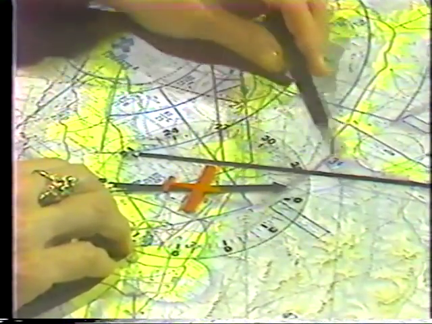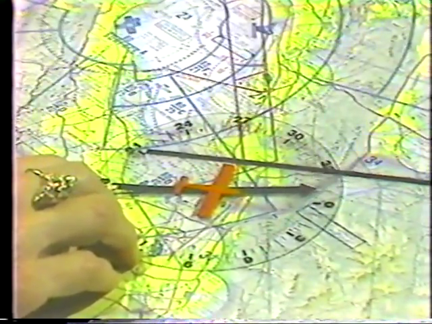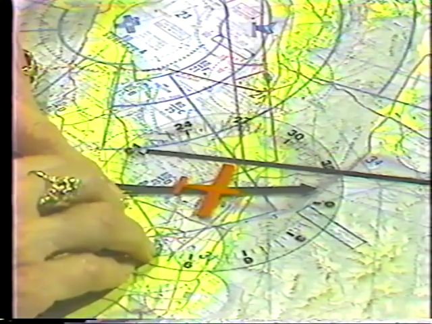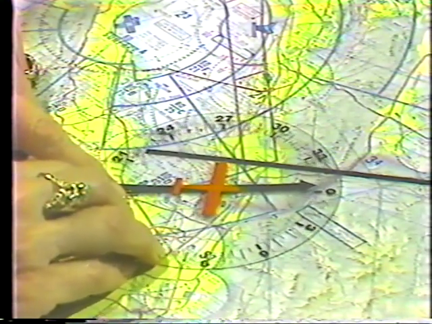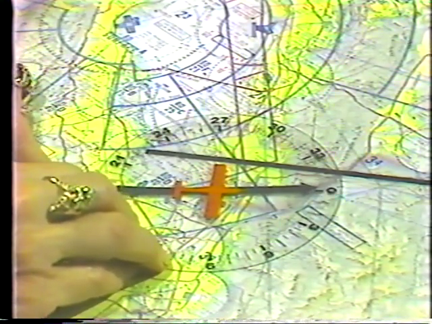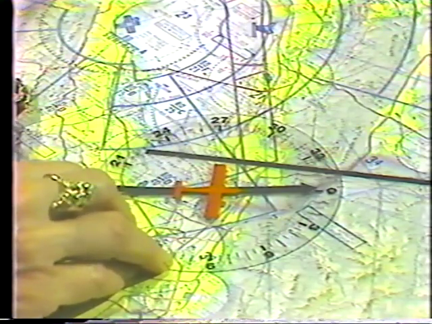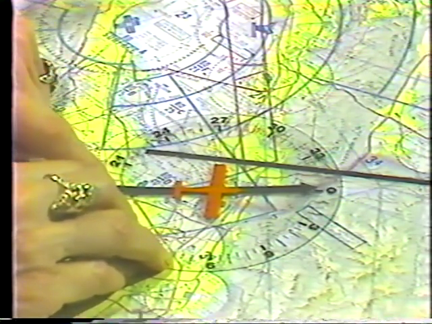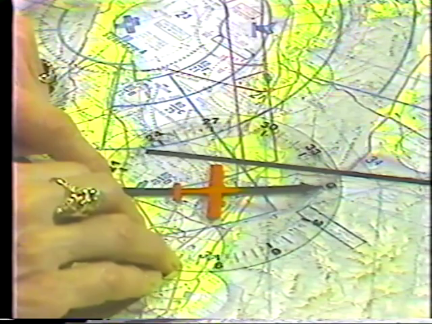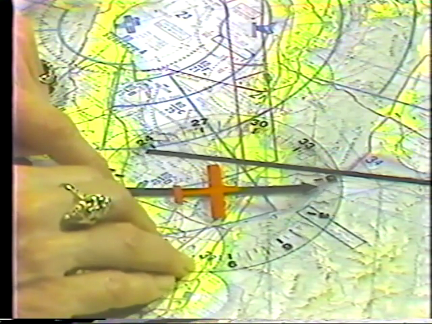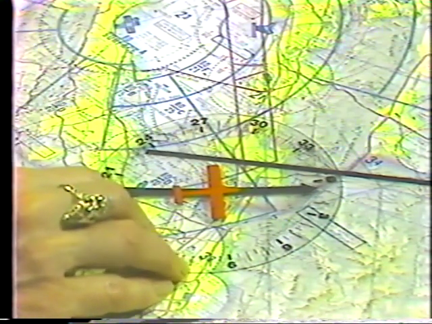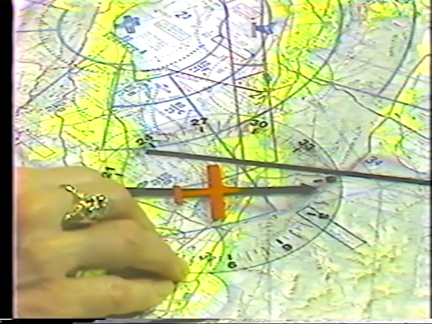We note that we have drifted 10 degrees to the right. If we were to turn only 10 degrees to the left, we would be homing to the station. Instead, we want to establish a wind correction angle, so we double the amount of drift shown by the ADF bearing pointer. This is another rule of thumb number used for correction.